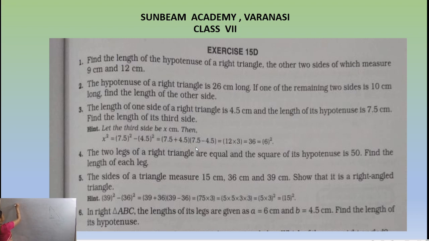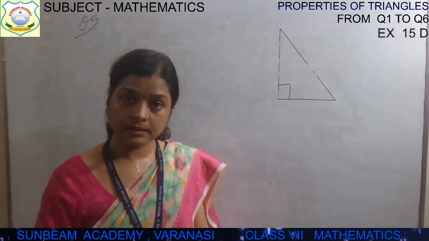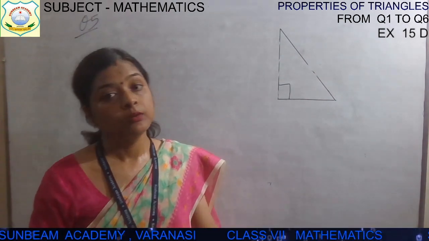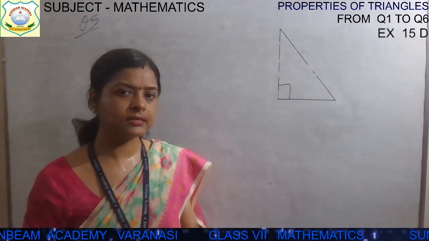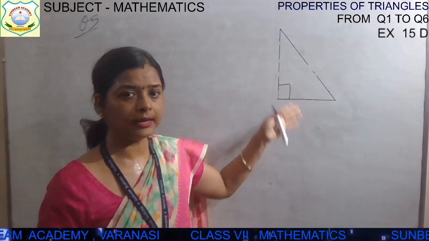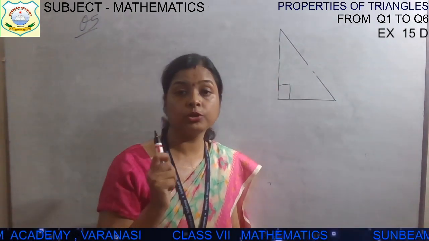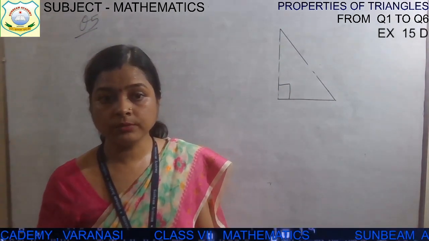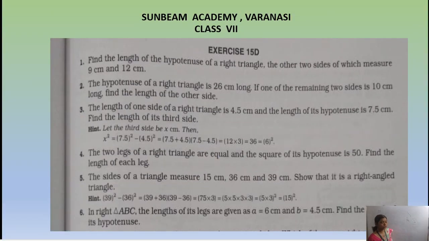Now you may think that, ma'am, how we will take the length, breadth, the perpendicular, the base and the hypotenuse side. कैसे हम लेंगे? Hypotenuse side क्या होगी, उसका base और perpendicular क्या होगा? तो legs of these two, that particular triangle may be any one, but hypotenuse should be the largest. And in the question, what is given, children? In the question number 5, sides are 15 centimeter, 36 centimeter and 39 centimeter.